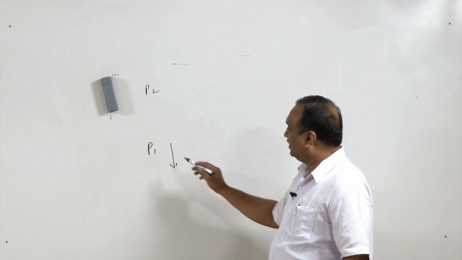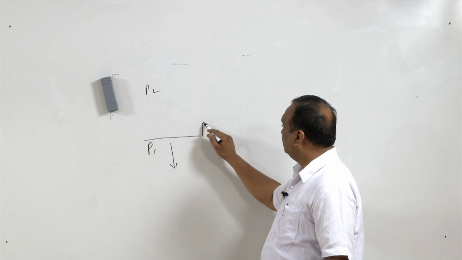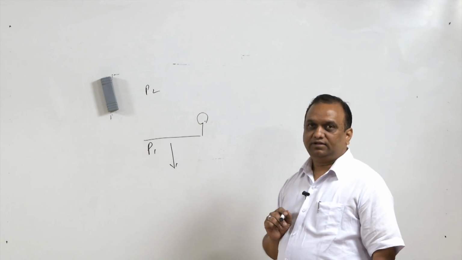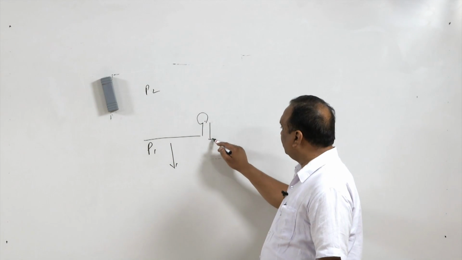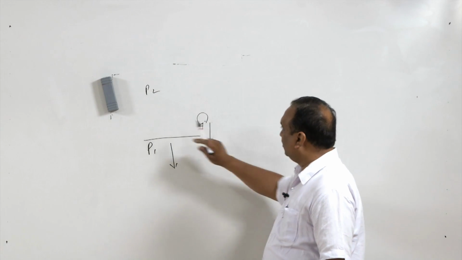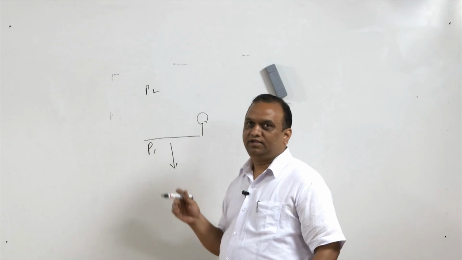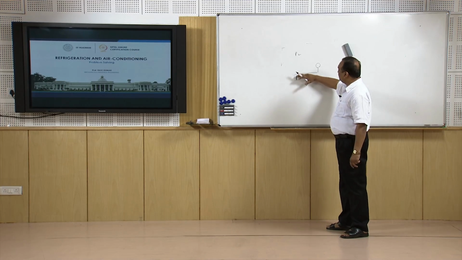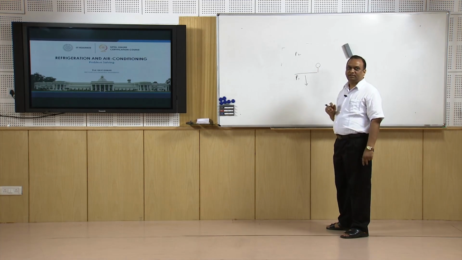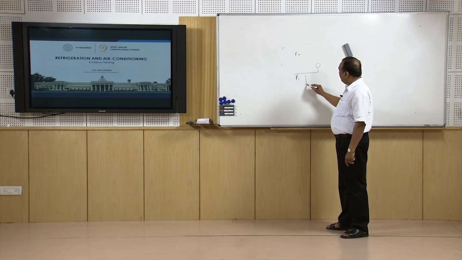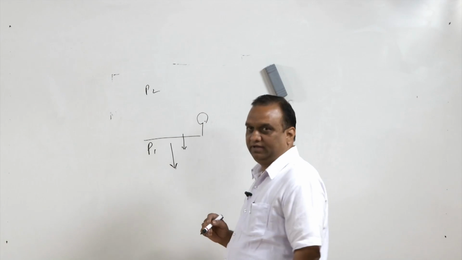Pressure in the evaporator, a certain gauge pressure has to be maintained in the evaporator. It can be vacuum also, in some of the cases it is vacuum. So some gauge pressure, for example for R134A, has to be maintained. It means the pressure inside the evaporator is higher than the surrounding pressure, and if this pressure is low, so